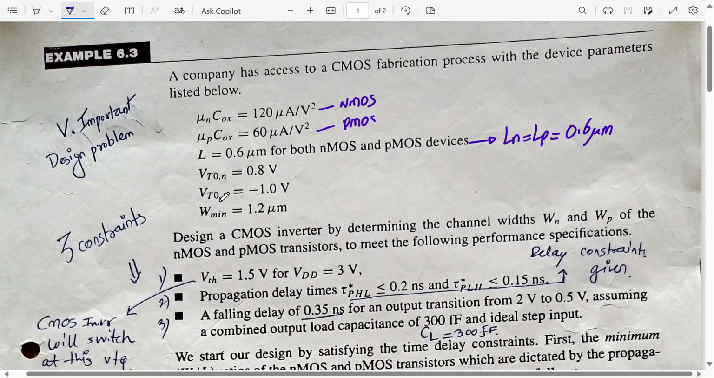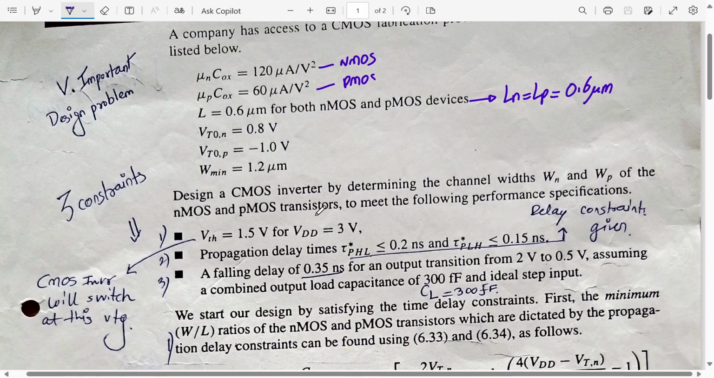Then VTN is given, VTOP is given. It's an asymmetric inverter because those both are different, and W minimum is given, meaning the minimum value cannot be below this. Okay, that's the requirement. So we have to design a CMOS inverter by determining the channel width